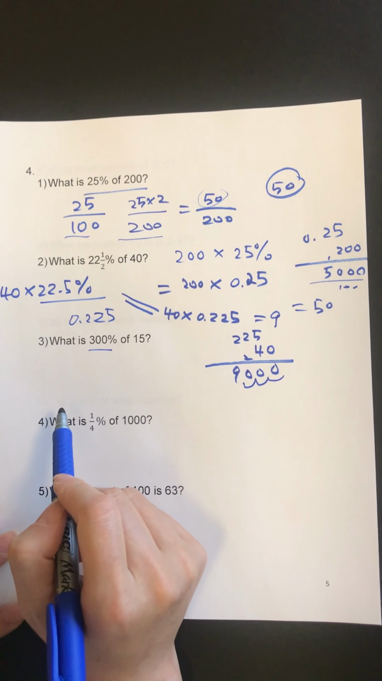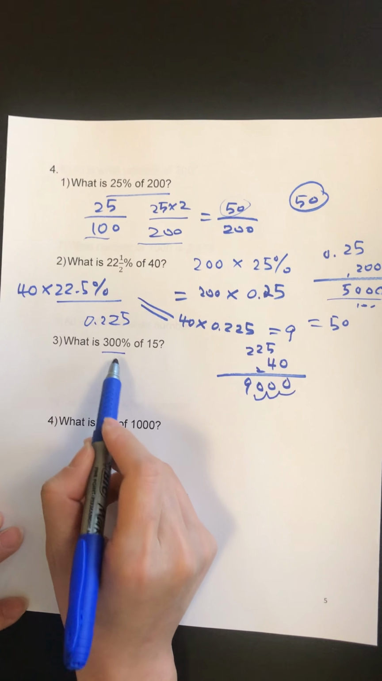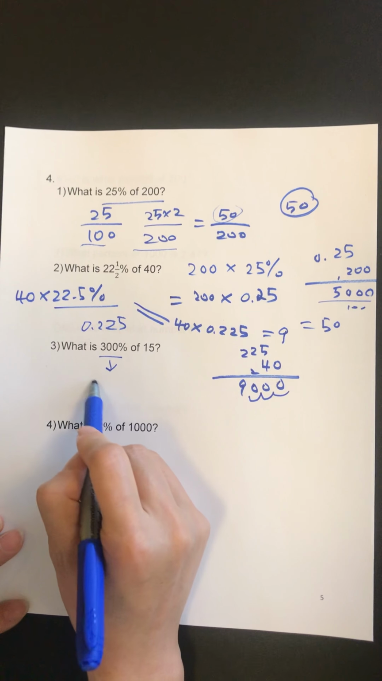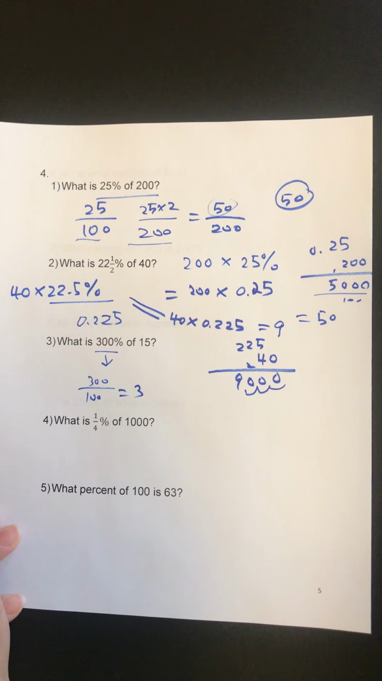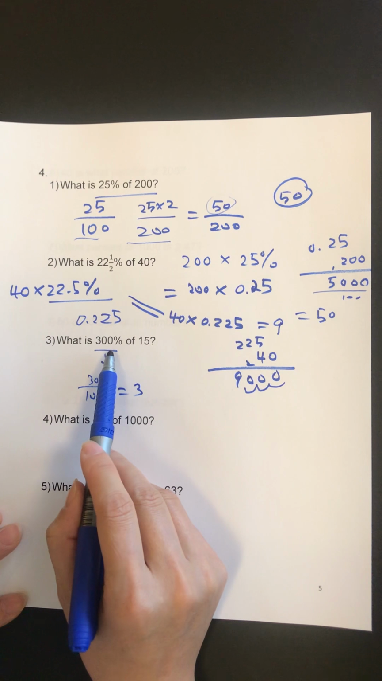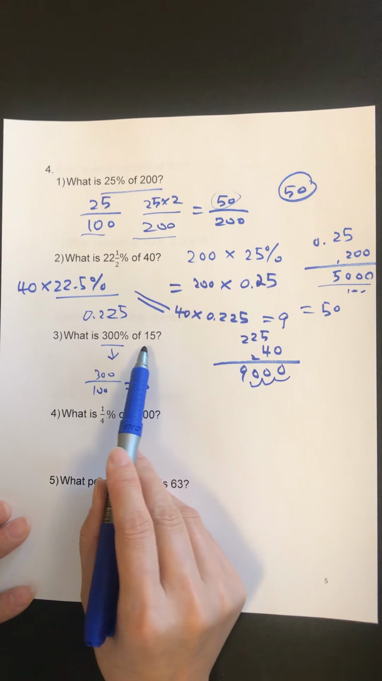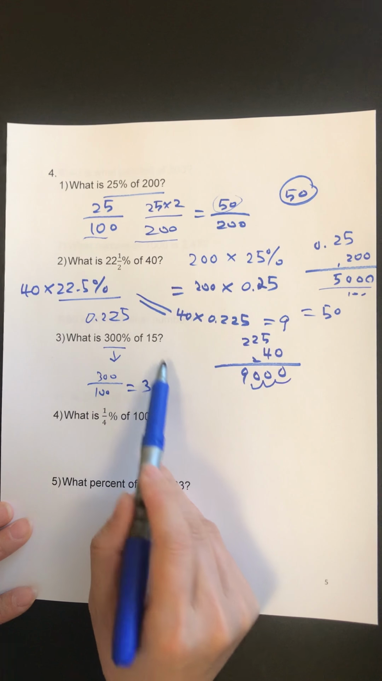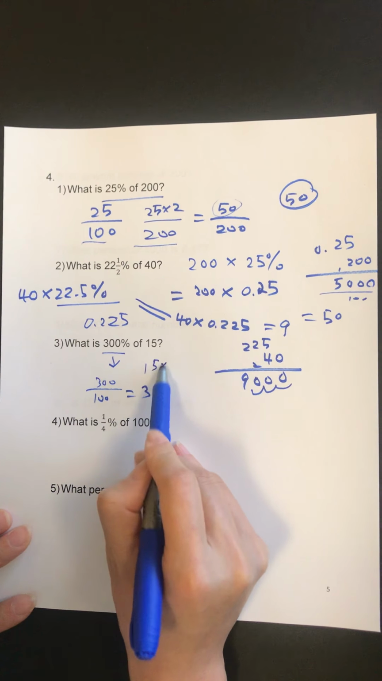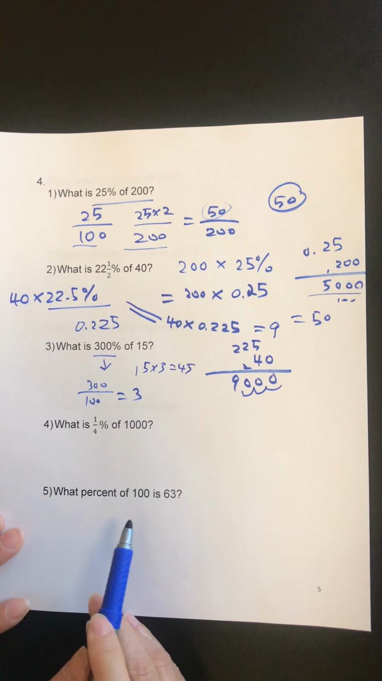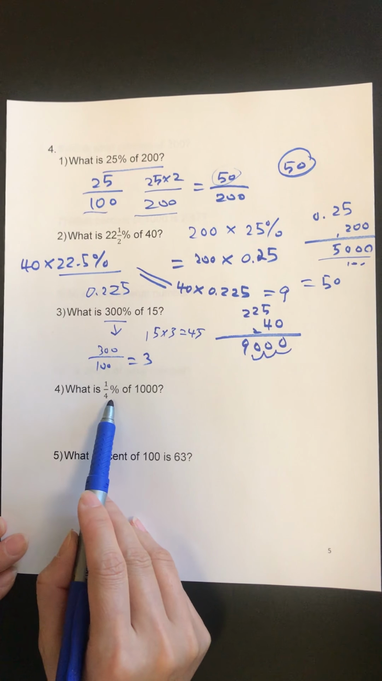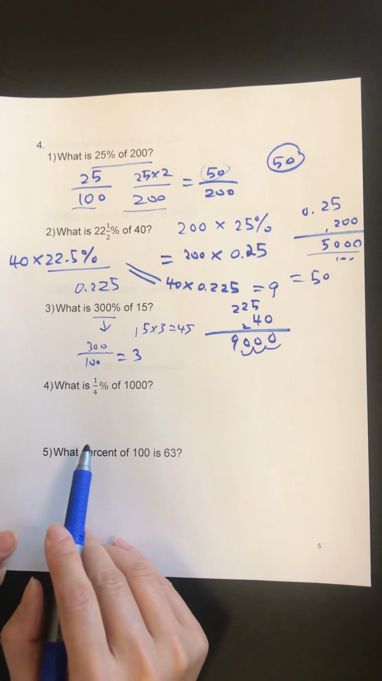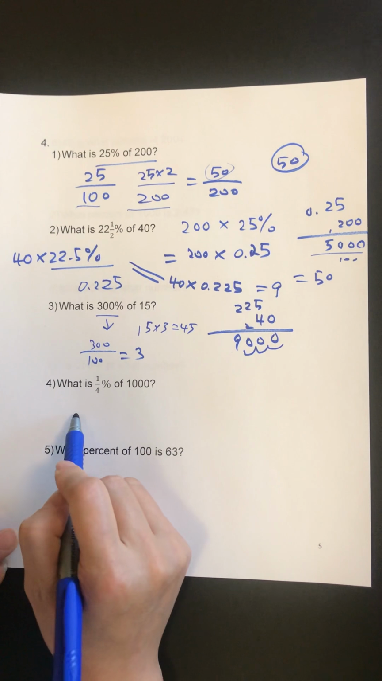Okay, 300%. We want to convert that into decimal numbers. 300 divided by 100. This is actually an integer, 3. 3 of 15 means the multiples of 15 by 3, right? So that's 15 multiplied by 3, that's a total of 45. So now, 1/4% of 1,000. What is 1/4%? A quarter is